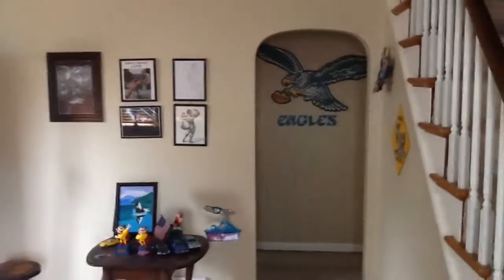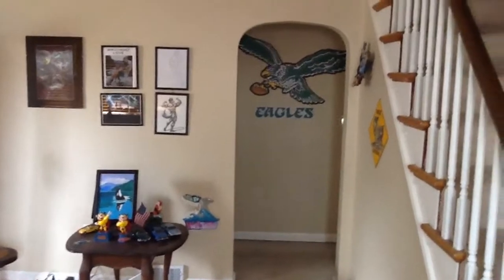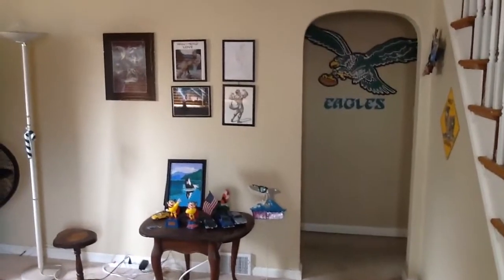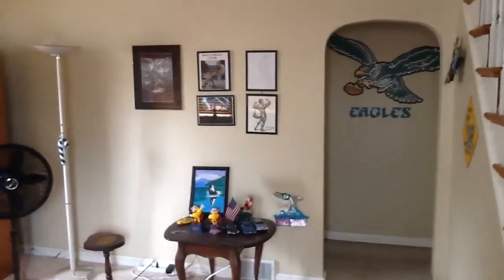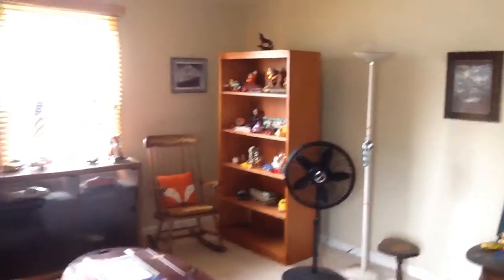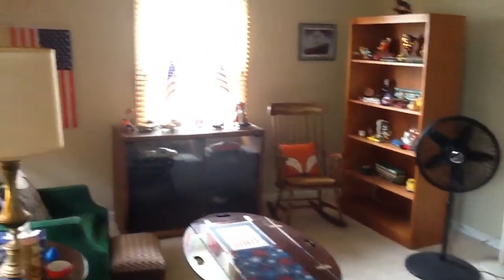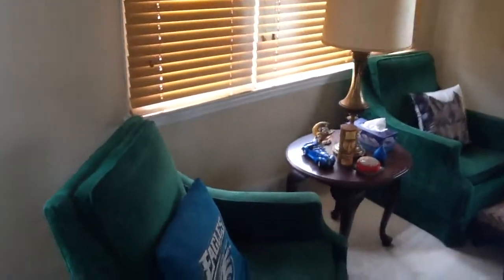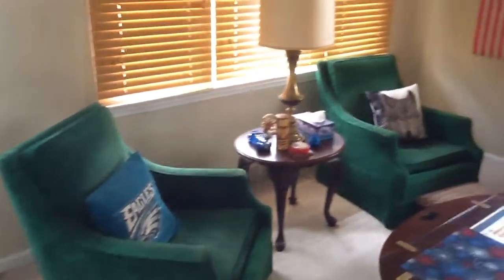So, you notice a few extra things on the wall since the last time you saw the house. It's certainly been lived in now for, like I said, almost a year, and you can definitely tell it's my house just by looking around. So there you see, again, the wonderful green chairs. And there you go. Looking around here,